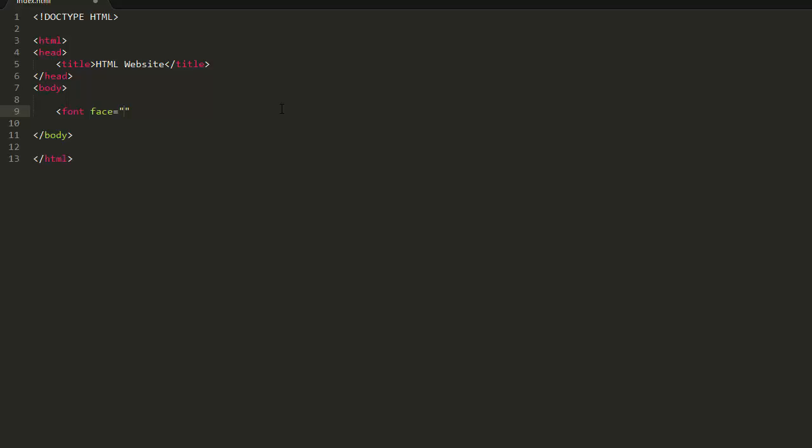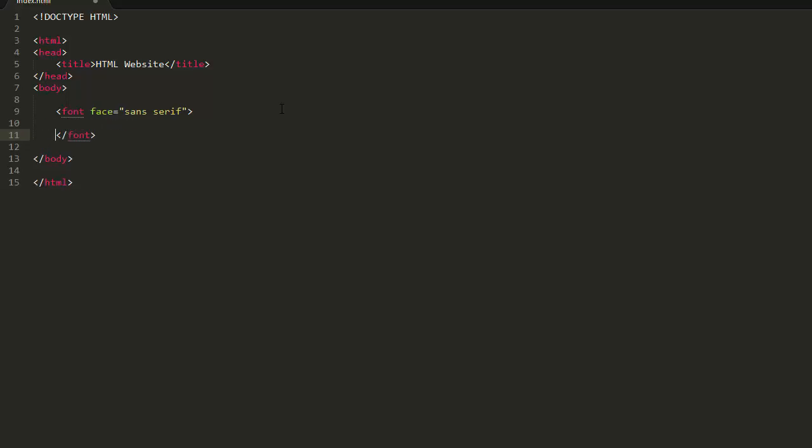So if you guys have ever used Microsoft Word or anything, you probably will know that you can change the font. You can change the font from Courier, I think that's the default, or Times New Roman. I don't know. I haven't used that in like years. I haven't even used Microsoft Word in a while. Anyway, we can do Arial. That's standard. Verdana is pretty standard. I personally like sans serif. You don't have to use that, but